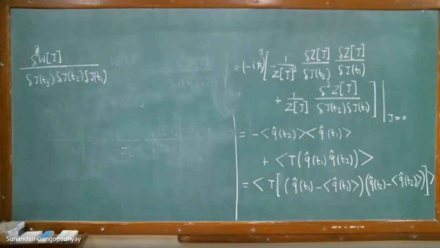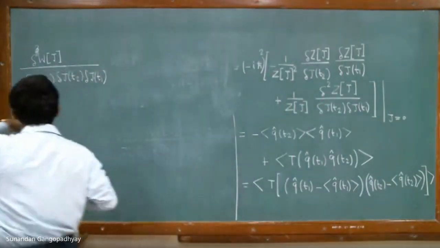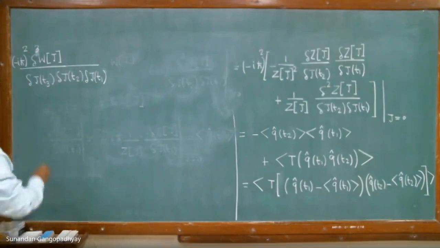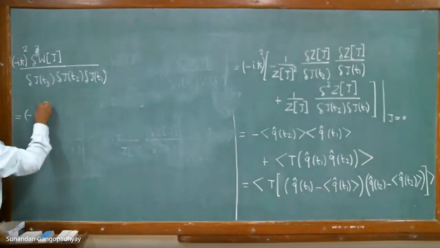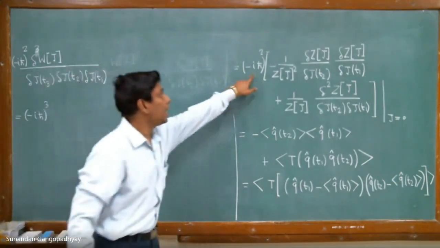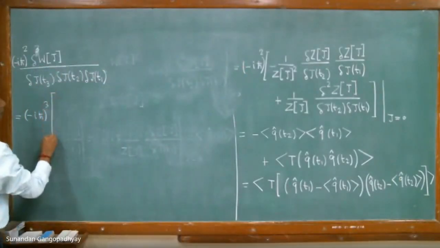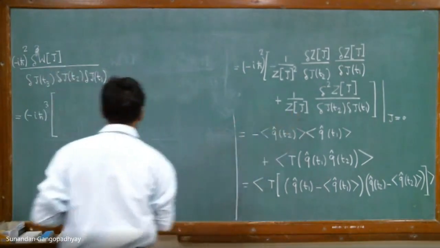Okay. Now let us differentiate this 3 times functionally. You already have this result, and what you do is you multiply this by another minus i h bar. So now you have minus i h bar square, and therefore this is equal to minus i h bar cube, because this was a square and you multiply it by minus i h bar, so this gives a minus i h bar cube. And now you keep on differentiating. So let us start from this term.